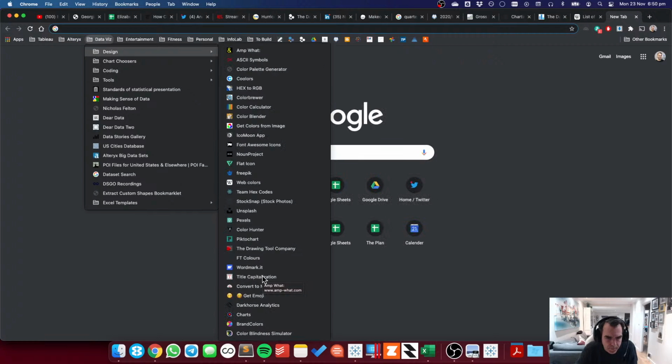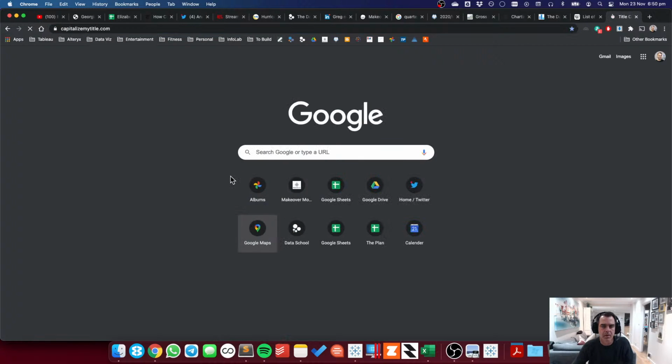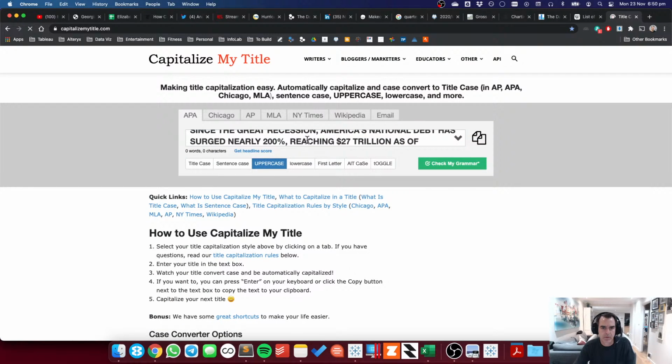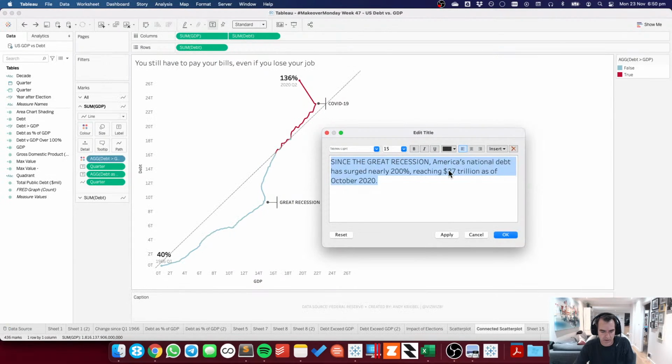Oh, I hope this website still works. There we go. So you can just check all that in and copy and then paste. America's national debt has surged near 200%, reaching 27 trillion as of October. I don't think I can say October because our data goes through.